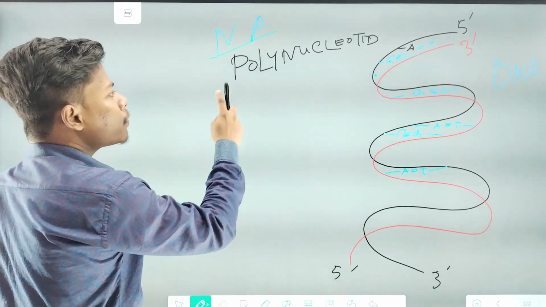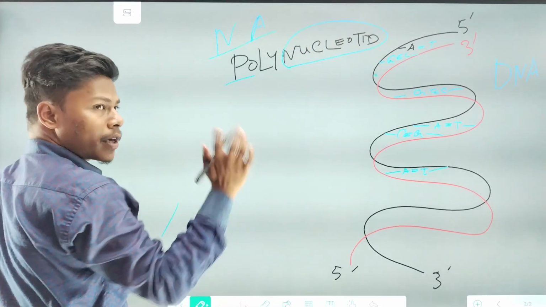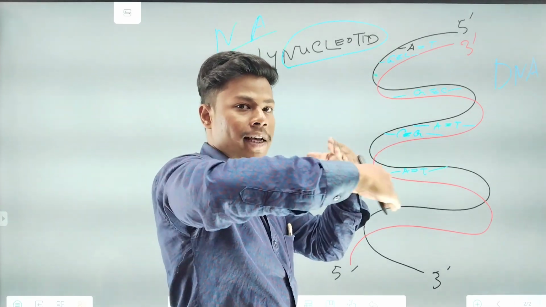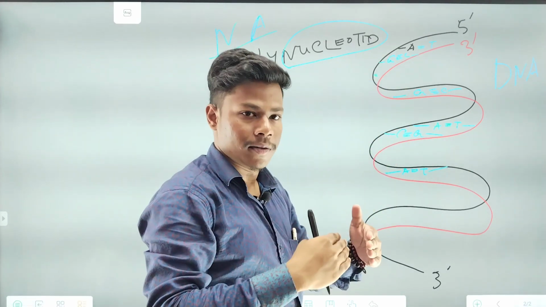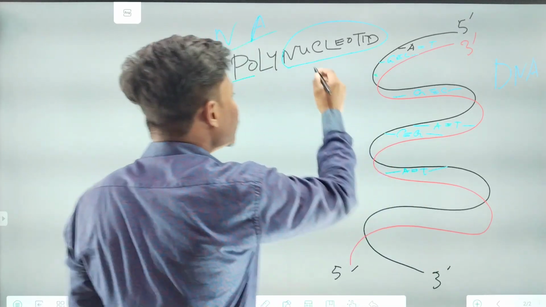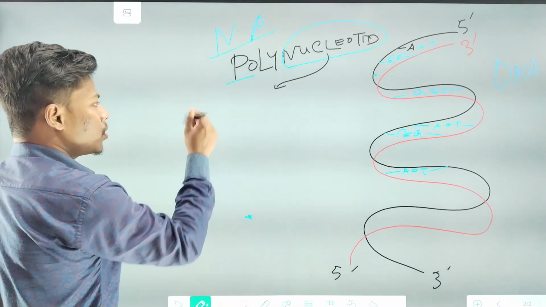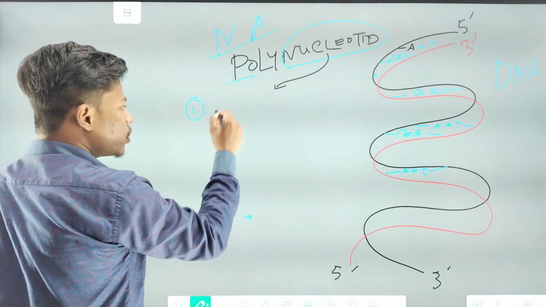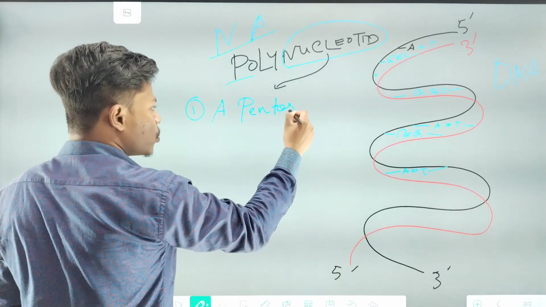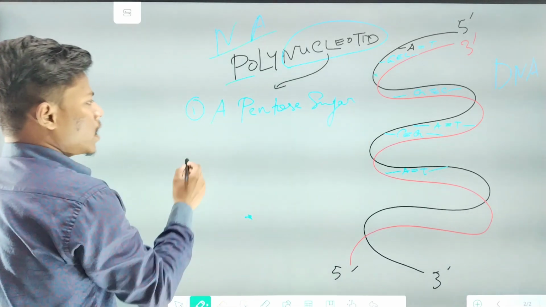That means it is made up of so many nucleotides, okay. That means there are so many nucleotides attached in DNA, one upon another, via a bond called phosphodiester bond, okay. And one nucleotide is basically made up of 3 components. One is a sugar molecule, a pentose sugar, okay, then